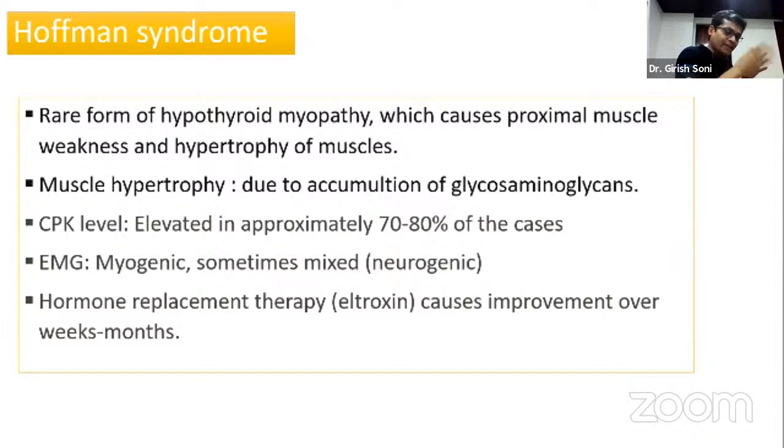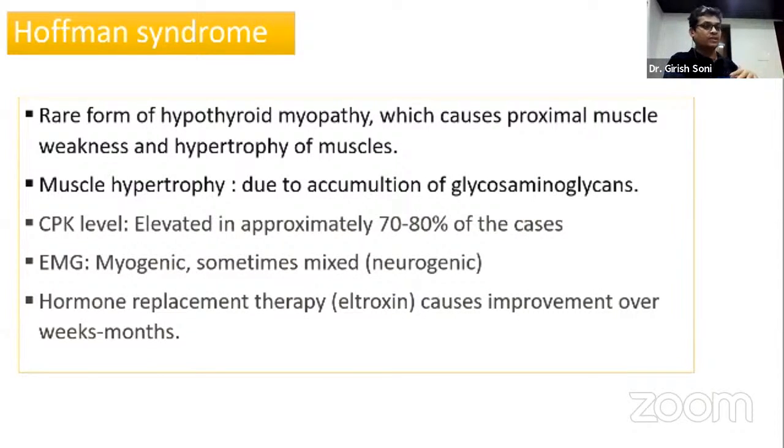This patient takes a few weeks to a few months to show improvement in weakness. Some patients of Hoffmann syndrome can develop aggravation of the weakness after starting L-thyroxine. The exact mechanism is not known. If they show aggravation of the weakness after starting L-thyroxine or thyroid replacement therapy, you can add a steroid. There are some case reports of aggravation and role of